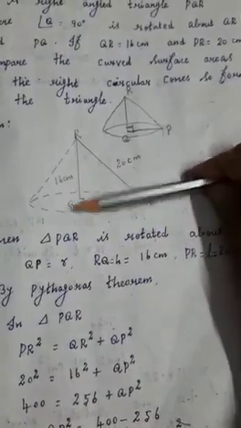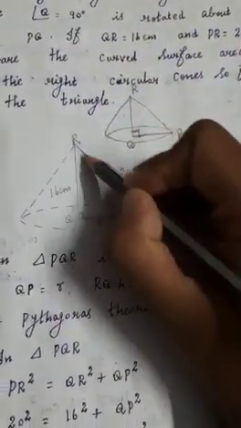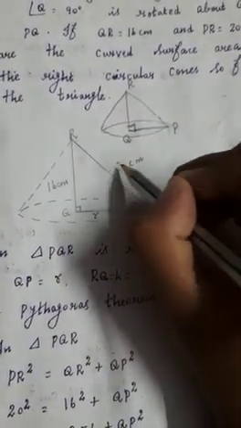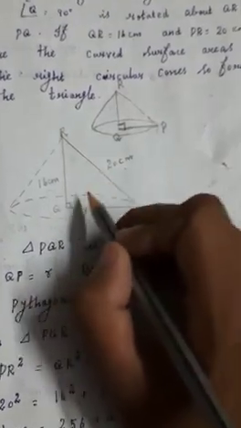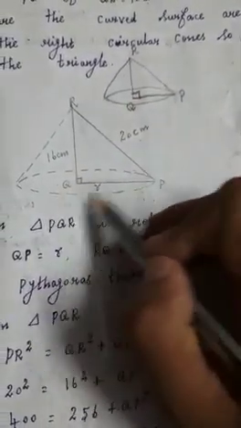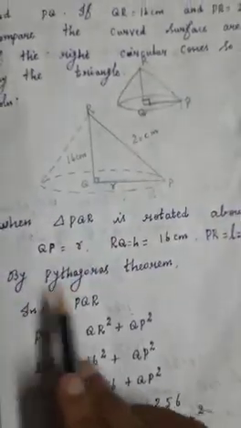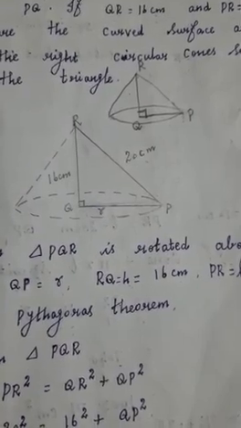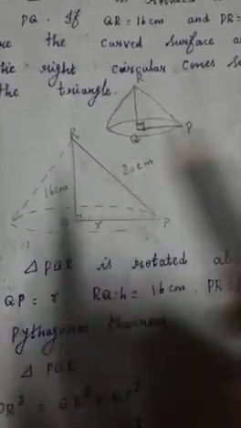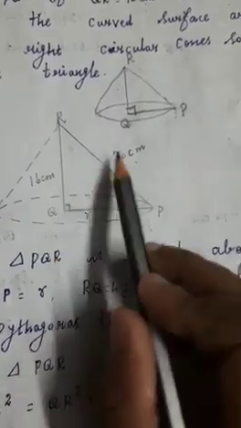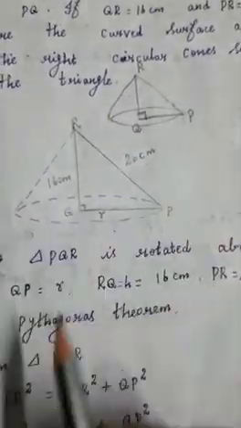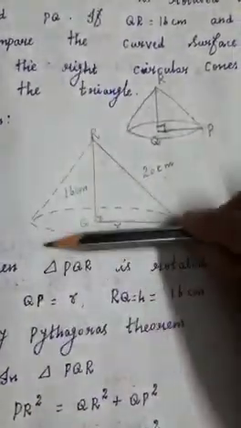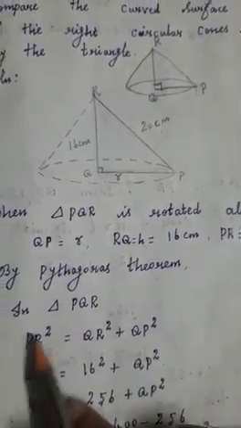Here the radius we need to find out, but we know that easily you can find out the radius because this is a right angle triangle. So the right angle triangle, this part we know that, this part also 20 centimeter. So then using the Pythagoras theorem, can you find out the radius or QP square value? Yes. So using the Pythagoras theorem in triangle PQR, what is it? Square of the hypotenuse is equal to sum of the square of other two sides. So know that this is a right angle, opposite only the hypotenuse. So PR square is equal to sum of the square of other two sides. Other two sides means QR square plus QP square.